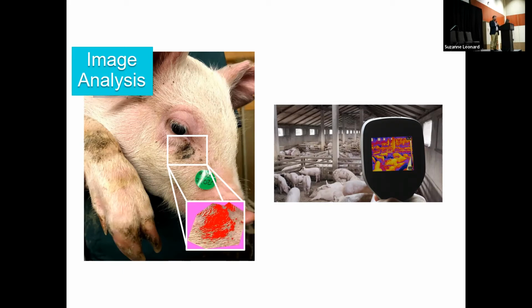One project that we did with some image analysis, looking at potential indicators of welfare on farm, was using image analysis to measure the tear staining on nursery pigs. So if you have dogs, you've probably seen tear stains before on dogs. Pigs also develop tear staining in response to stress in certain situations. And so we were measuring the size using a camera and image analysis, all computer operated, to measure the amount of tear staining on pigs